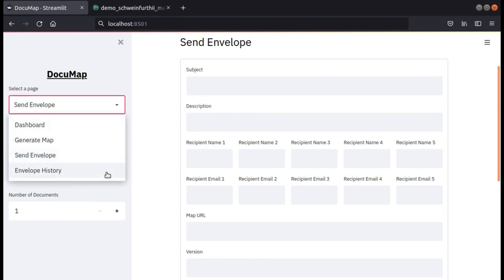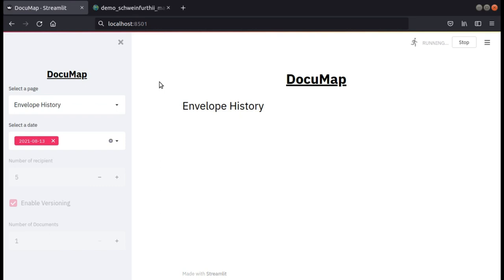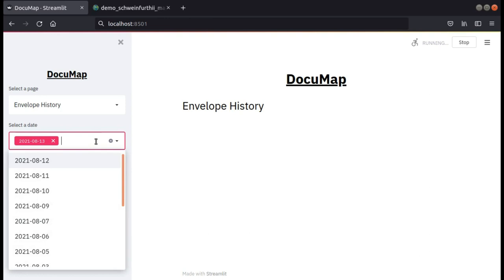Next page we have is envelope history. This page calls around 3 DocuSign APIs, which are list envelopes, list envelope recipients, and get envelope documents, and then download those documents. So 4 DocuSign APIs. We have a provision here for selecting a date.